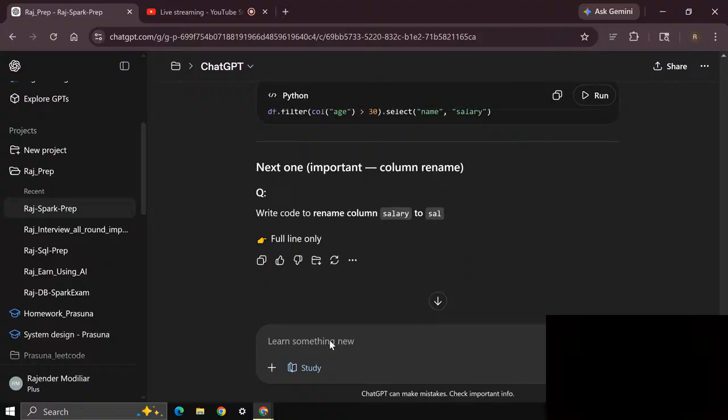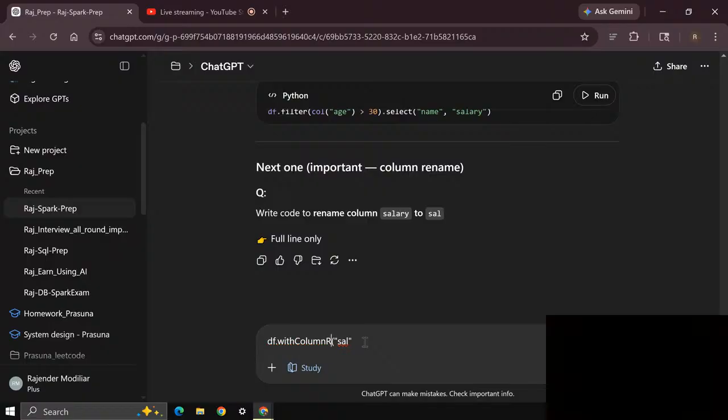Next one. Code to rename column salary to sal. Df dot with column of sal with column rename.